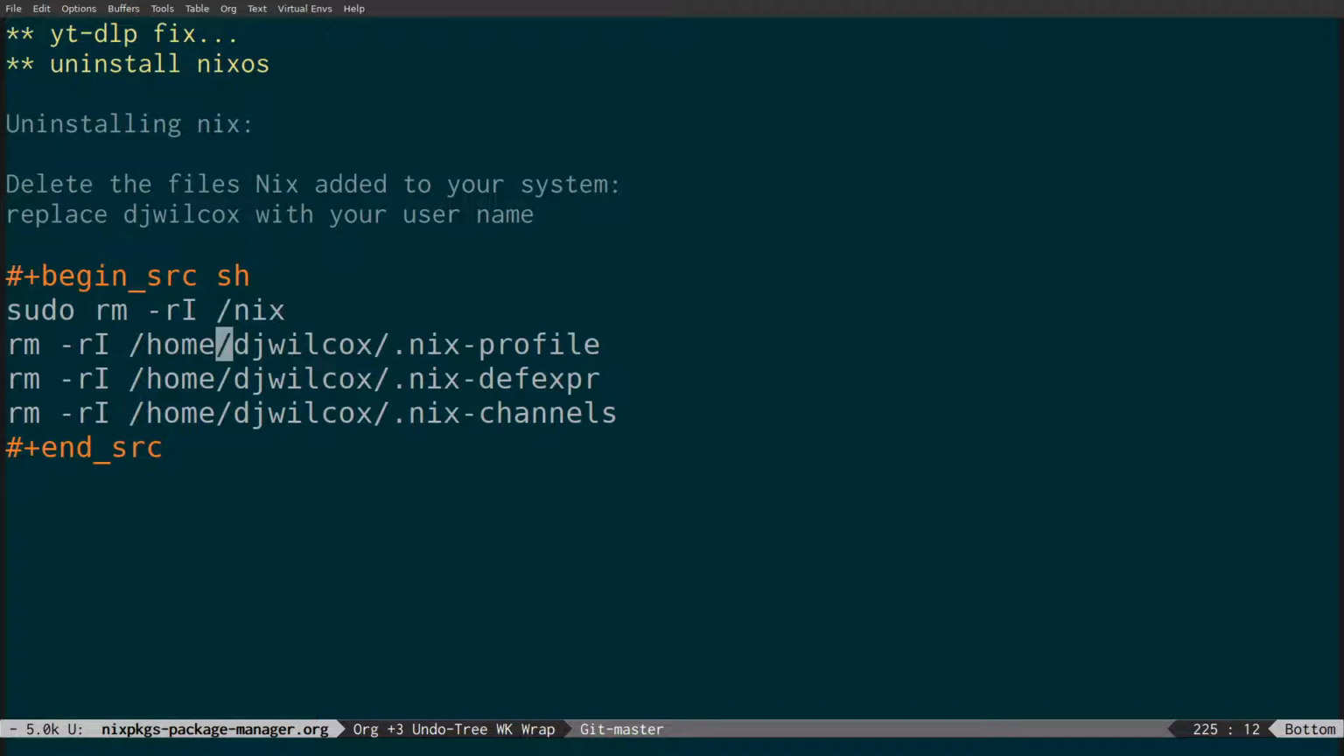And then we've just got 3 other things we need to remove in our home directory. So just replace my username with your username here. Again, we don't need sudo for that, so we just run rm -r capital I, the path to the Nix profile, the Nix dev expression, and the Nix channel, and that will remove Nix. So that's all you've got to do to remove Nix. If you mess anything up and you want to restart, just go through those 4 commands, and then basically